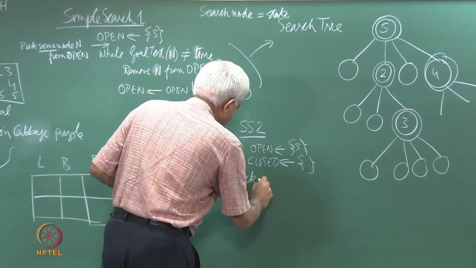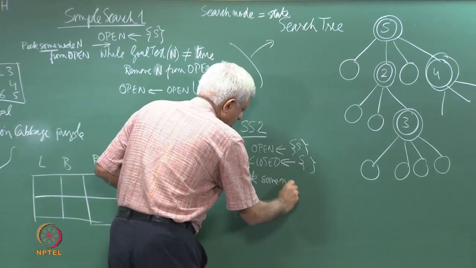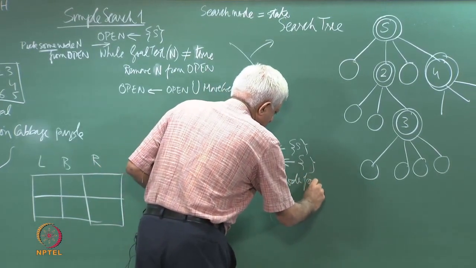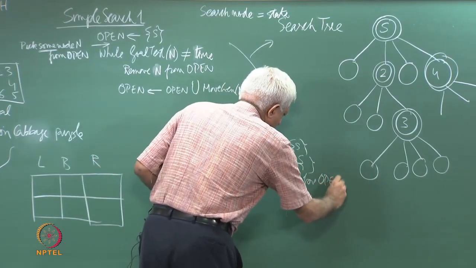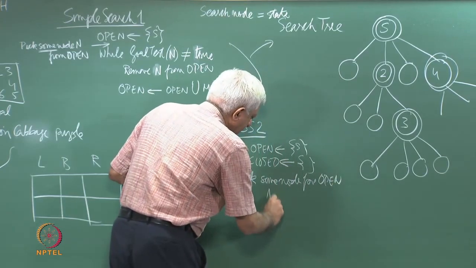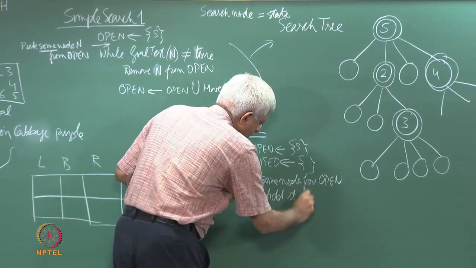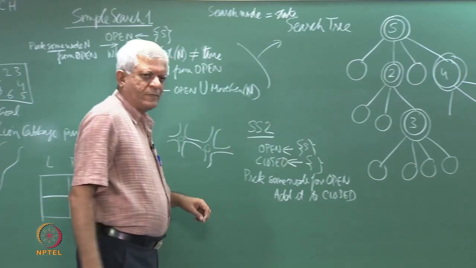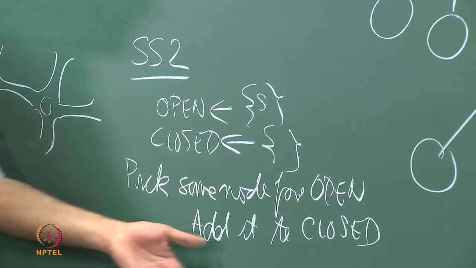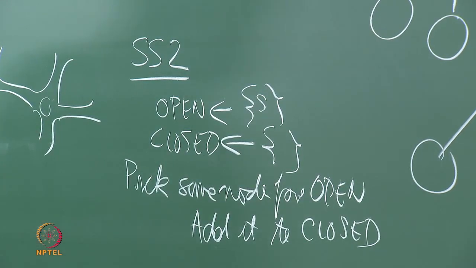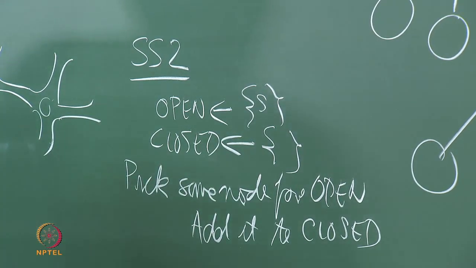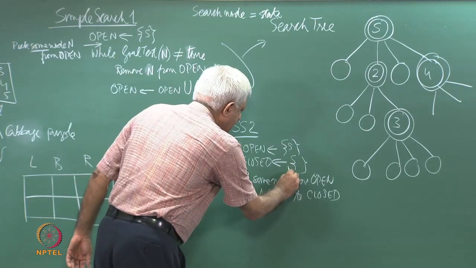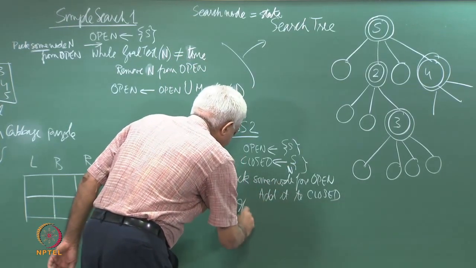So, the same, and the new step which is add it to closed. I can write it as a set notation, but anyway I am writing it in English. Then, so let us say that node is n as before. If n